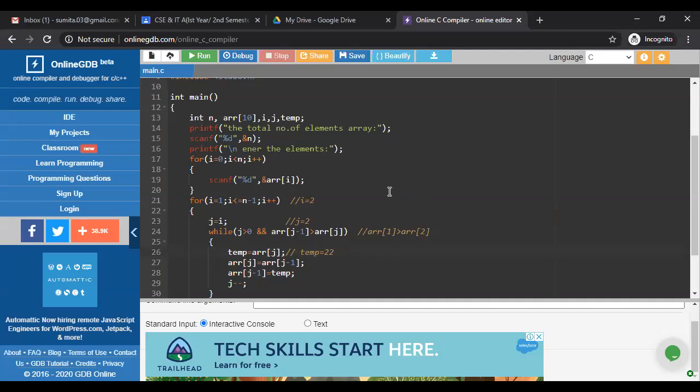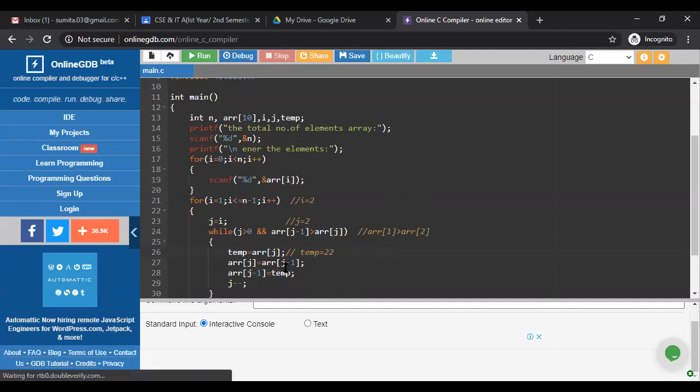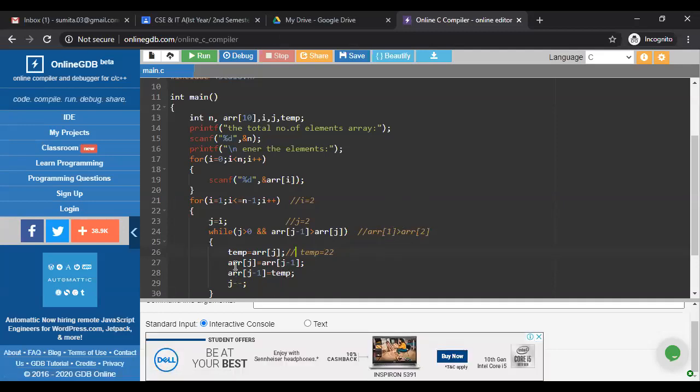So 22 is now stored in temp. Again, the value of ARR j minus 1, which means ARR 1, is 77. So 77 now moves on to ARR 2. So now ARR 2 holds 77, and whatever the value of temp is moves on to ARR j minus 1.